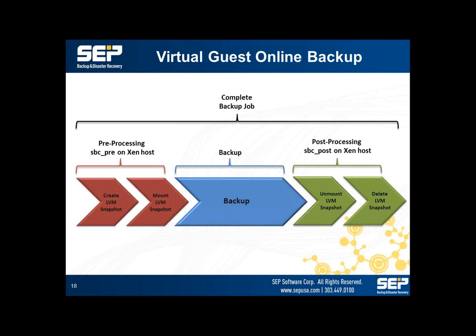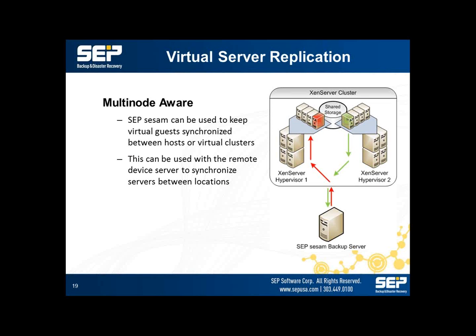The typical way that we back up VMs, we would create an LVM snapshot, mount it, back it up, unmount it, and delete it. Pretty straightforward. One of the cool things that we can do when we back up virtual machines, whether it be a Xen server, a VMware server, or a Hyper-V server, it really doesn't make a difference, is we also have the option to schedule restores. And this actually runs for any backup task that we do. We can have automatic restores for anything.